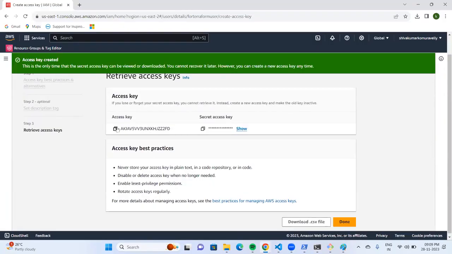Okay. Here the access key is ready. The secret key is ready. So we have to use this access key and secret key for the first time when you are initializing the Terraform folder. Now,